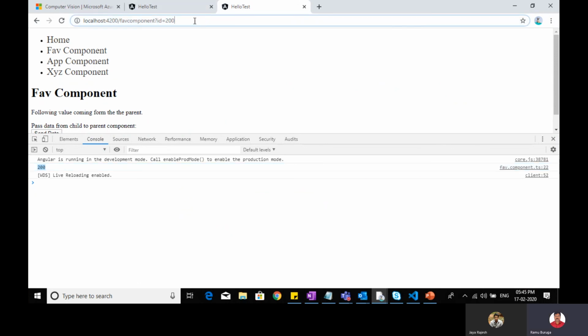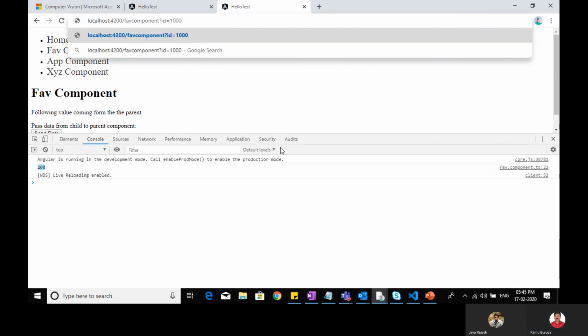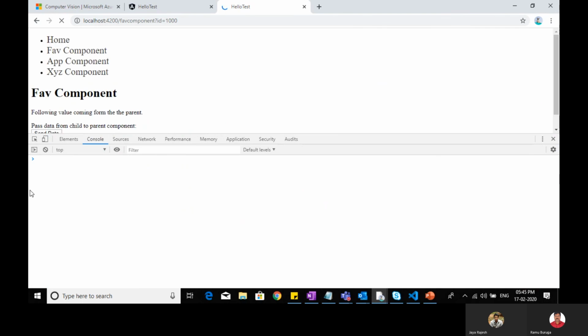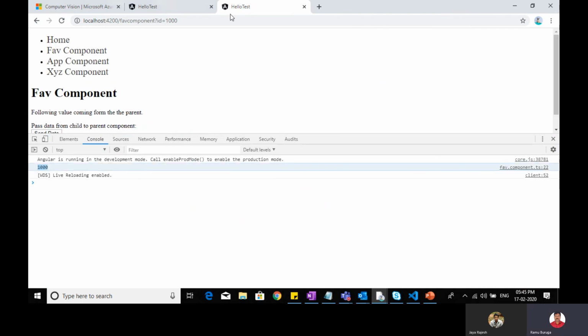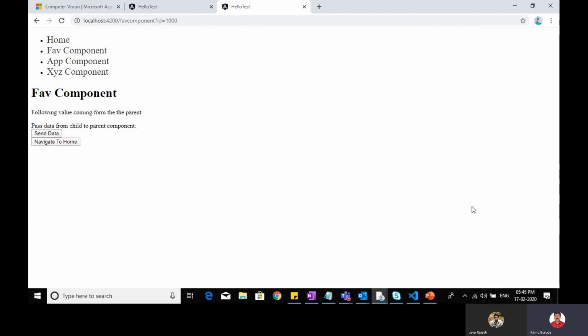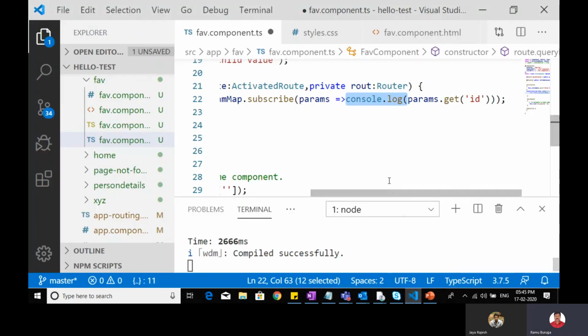That way we can read the values. Even if I type thousand, it reads whatever value you passed from the browser, and you can use it at your component level.